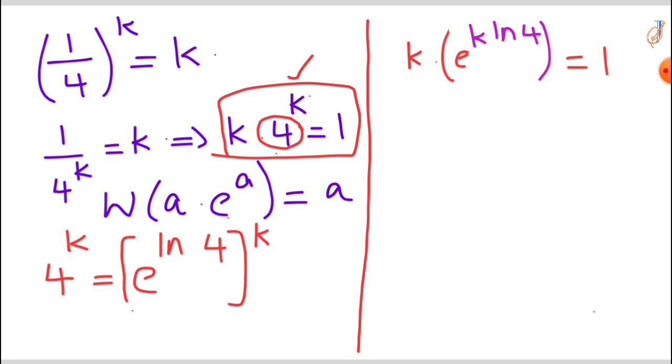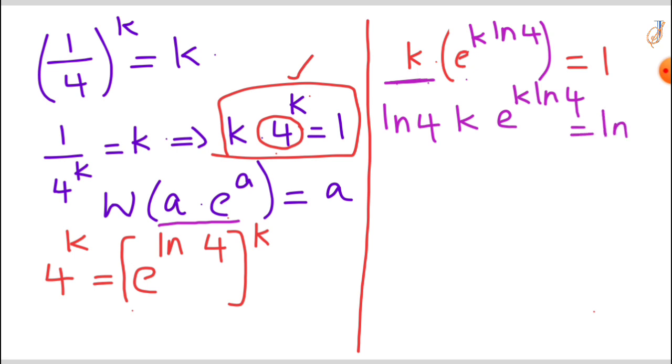In the Lambert function, we have a times e power a. We have an e power a term. Our a is k times ln 4. But in the front as k, we don't have ln 4. That's why we multiply both sides by ln 4. So ln 4 times k e power k ln 4 is equal to 1 times ln 4, which gives ln 4 only. So now we have this ln 4 times k, we can write it as k ln 4,